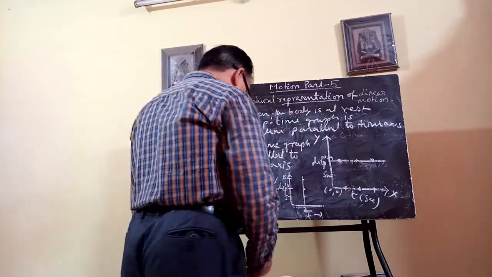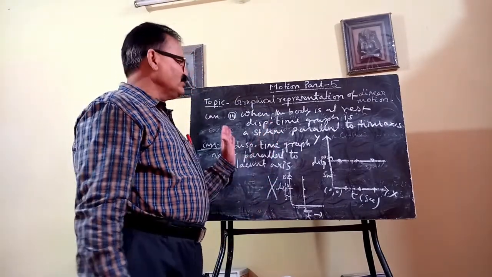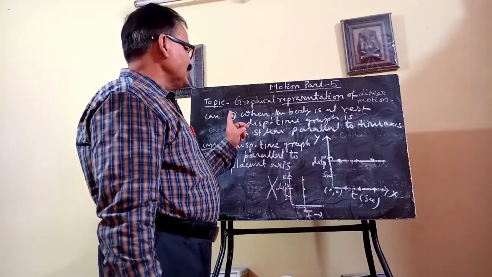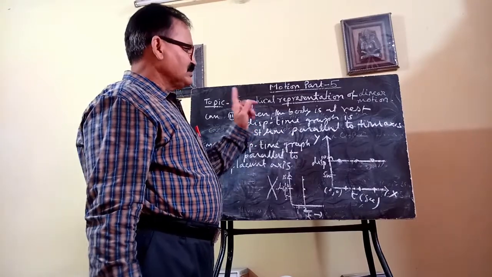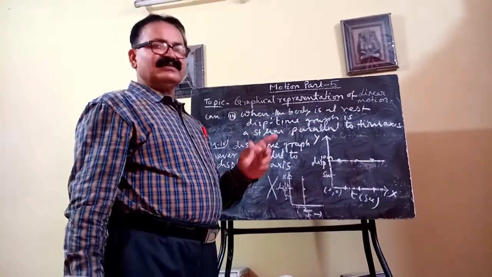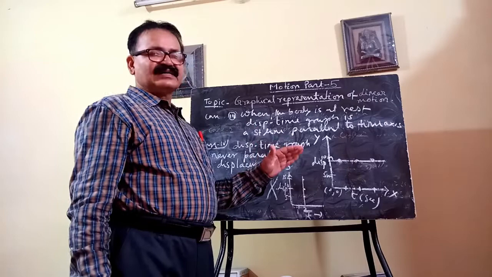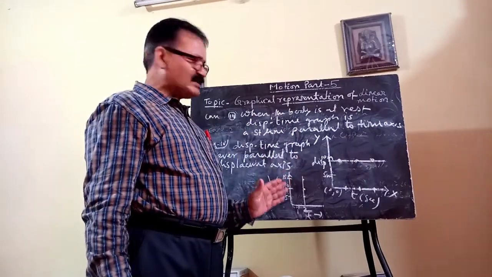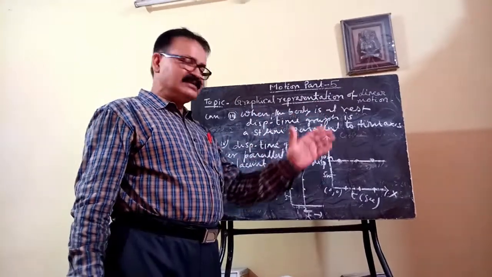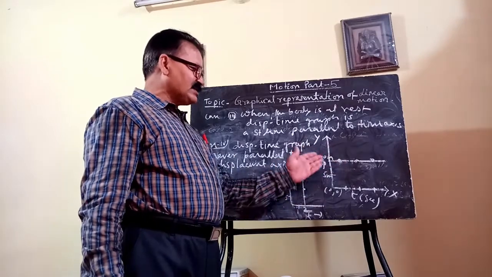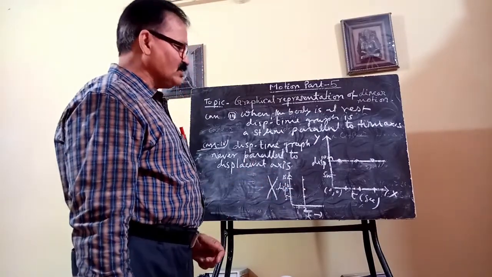Okay. So you have seen all these conclusions. Today I have explained the displacement time graph for uniform speed as well as non-uniform speed. That means the body covers equal distance in equal intervals of time. You have seen the nature of that graph is a straight line inclined with your time axis, and if it does not cover equal distance in equal intervals of time, it will be a curved line. And if the body is at rest, the displacement time graph is also a straight line parallel to your time axis.